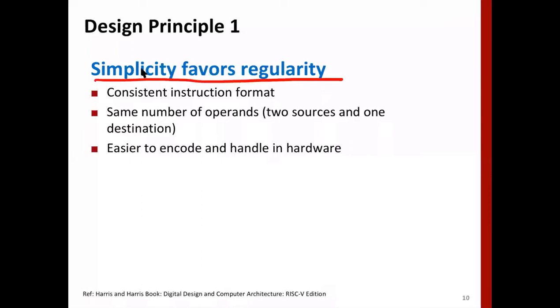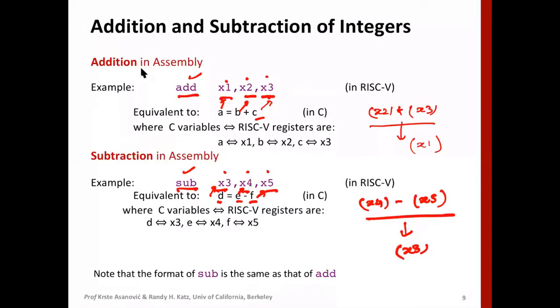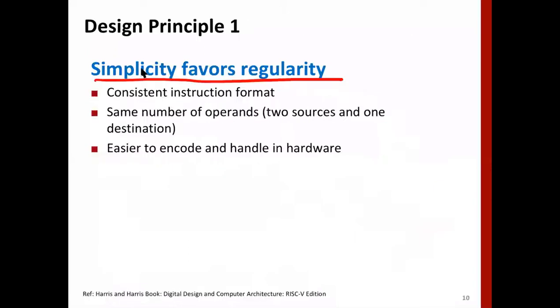Okay, so RISC is a very simple architecture, right? Now we can see the instructions are also simple, and hence because of that they are regular or similar. You can see the formats of both are the same. This is register 2, this is register 1, this is the destination register, right? And that's possible because it's all very simple.